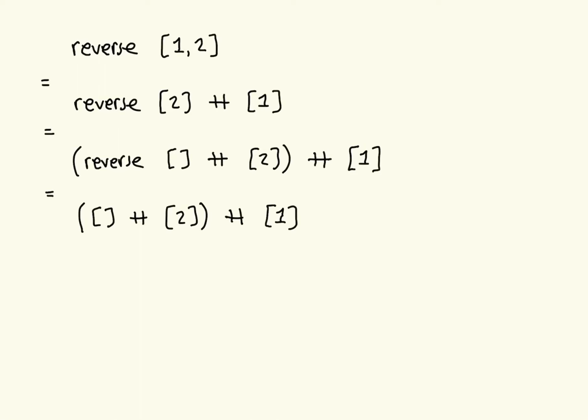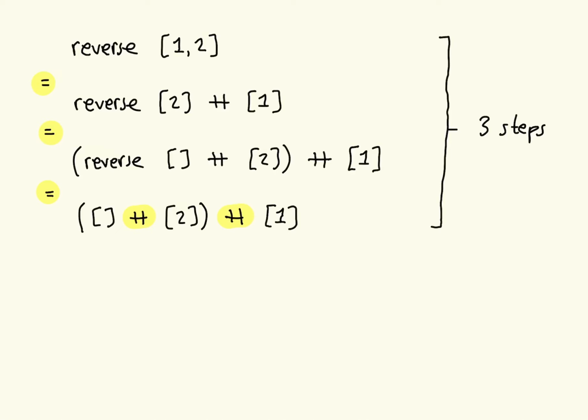Okay, so at this point now, we can think how many evaluation steps this is actually going to take to evaluate to completion. If we think about what we've got here, to get to the point where the recursion for reverse has stopped, we took 3 steps. We can count these steps over here. We just count the equal signs. We took 3 steps to get to the point where we'd eliminated the definition for reverse,